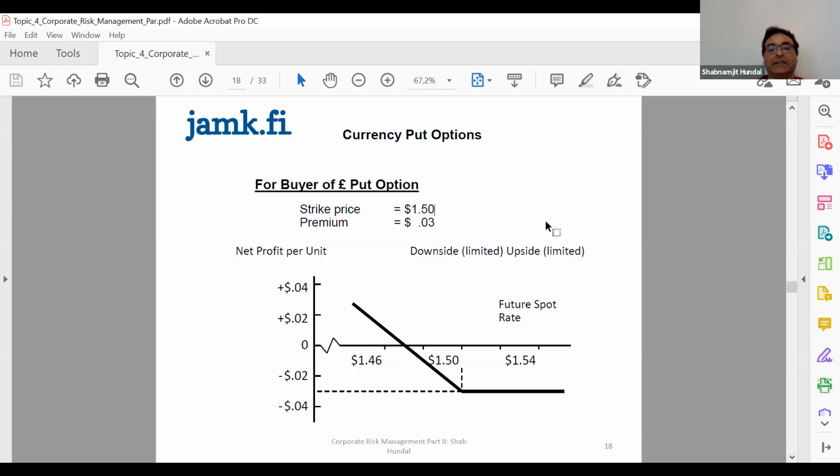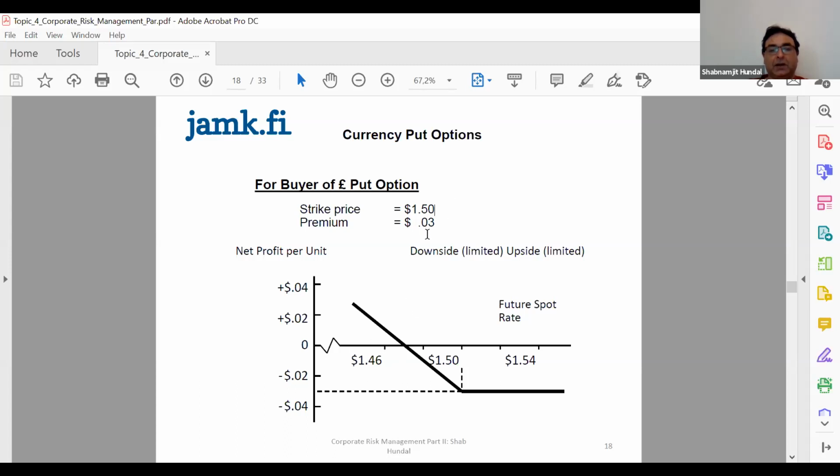I'm earning 4 cents, because the market gives me 1.46, the broker gives me 1.50, broker or the bank, depends who you deal with. You earn 4 cents. But when I look at this graph, when I look at this line, it doesn't show 4 cents of gain. It only shows 1 cent of gain